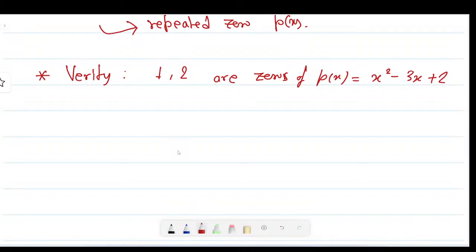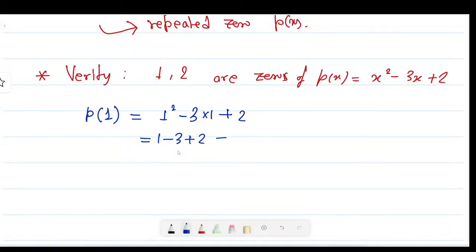So how can I verify? I just put the value here. At first I am putting the value 1. P of 1 means 1 square minus 3 into 1 plus 2, and that will be 1 minus 3 plus 2, and that is 0. So yes, 1 is a 0